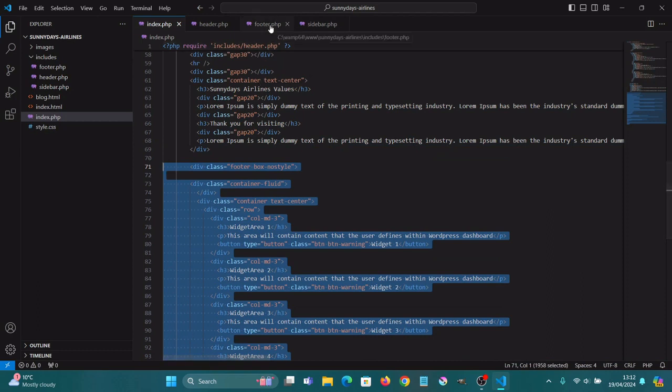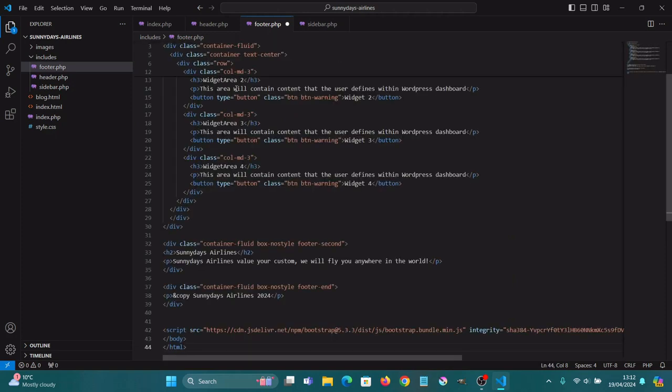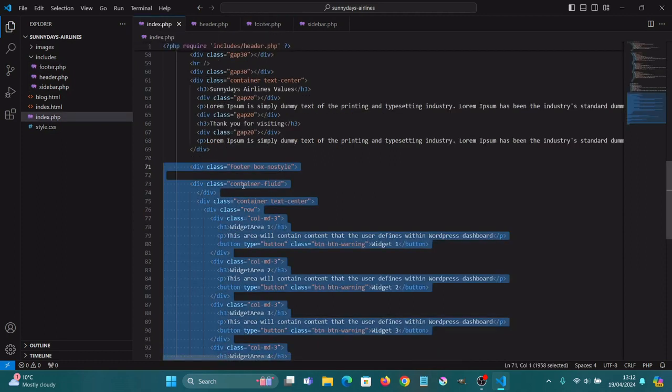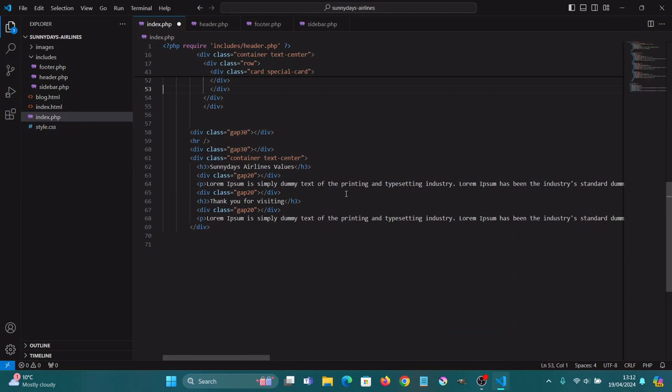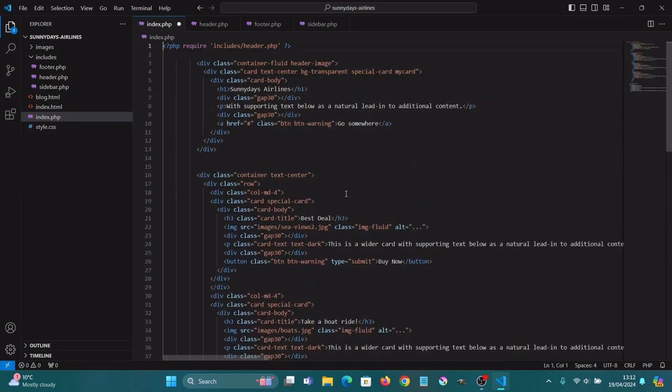So we grab all this code, we come down to this, we press Control and C, we go to our footer PHP, we paste that in, we say save, that footer PHP's been done. We go back to the index PHP and we delete that. We can zip to the top. If you want, you can type it out again, but here we go, people. I'm just going to grab that code,